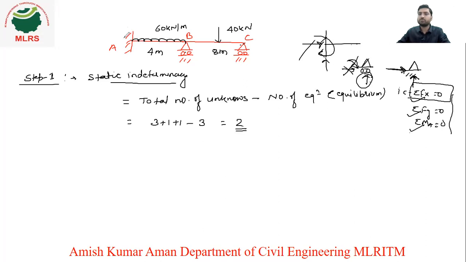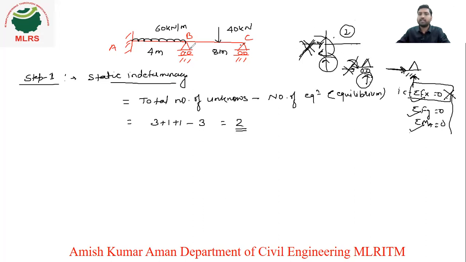At fixed support there is one reaction in the x direction, so cancel it, we will not consider it. If we are not considering the forces in x direction, it means we will not consider this equation also, because if there is no force in x direction, there will be no use of this equation, right? So after neglecting axial deformation, we will remove the reaction in x, so only the remaining will be in y and moment.